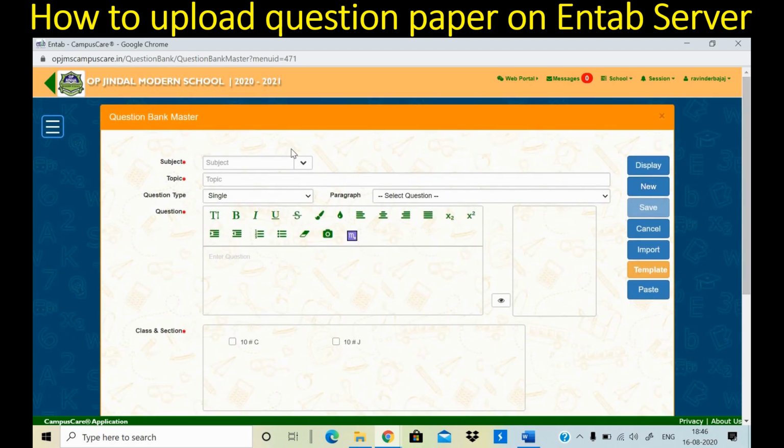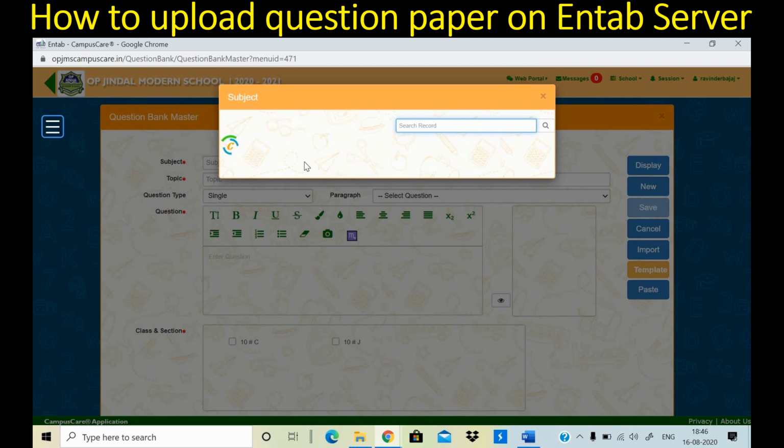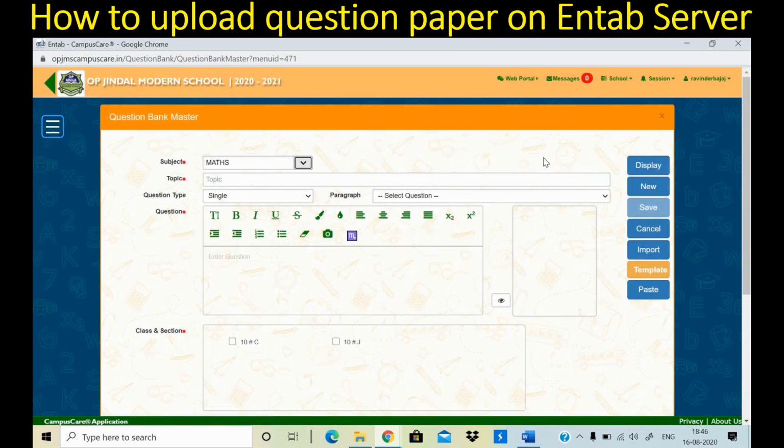Now if you want to see how many questions are already inserted, let's see. Subject, mathematics, class 10J, display.